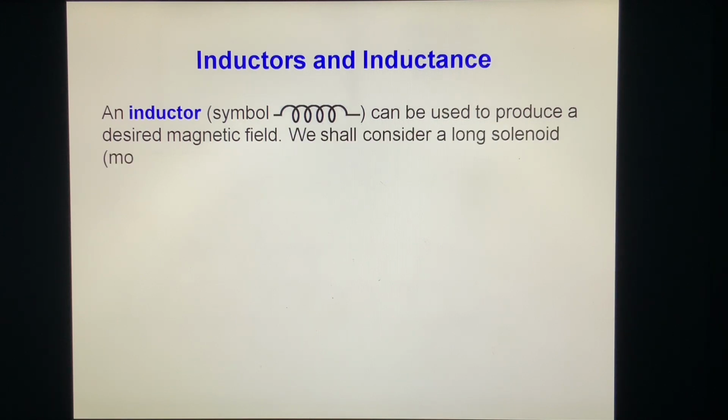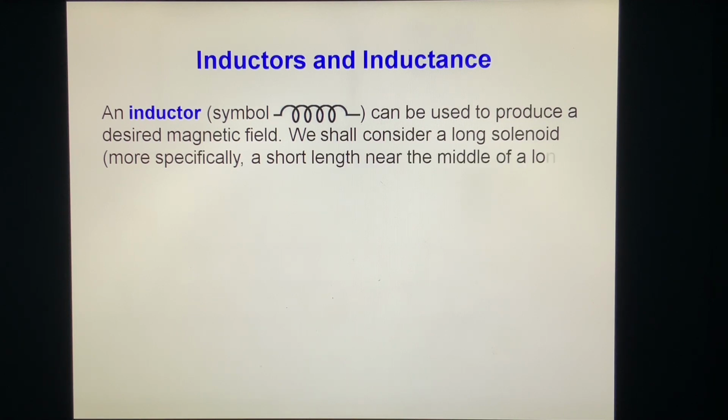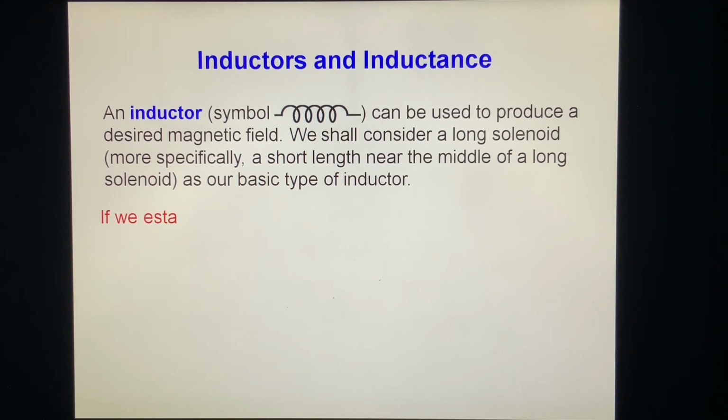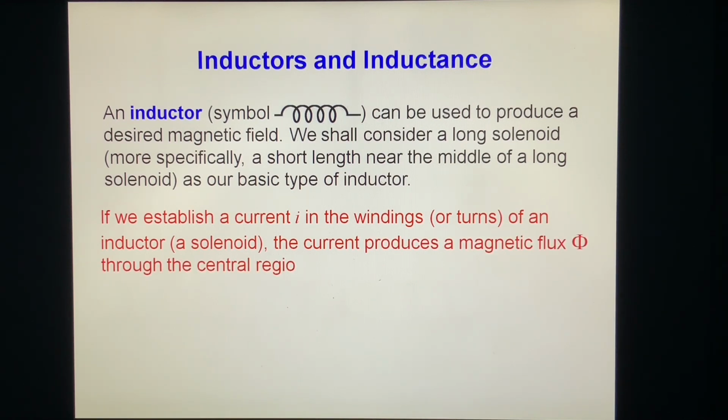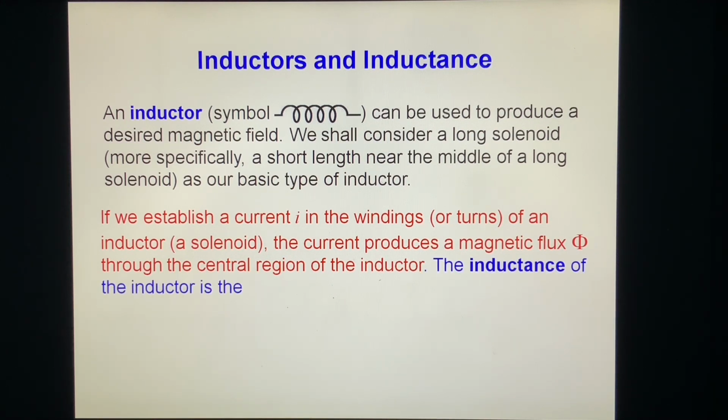We should consider a long solenoid, more specifically a short length near the middle of the long solenoid, as our basic type of inductor. If we establish a current I in the windings or turns of an inductor, a solenoid, the current produces a magnetic flux phi throughout the central region of the inductor. The inductance of the inductor is then L equals N phi over I, the definition,